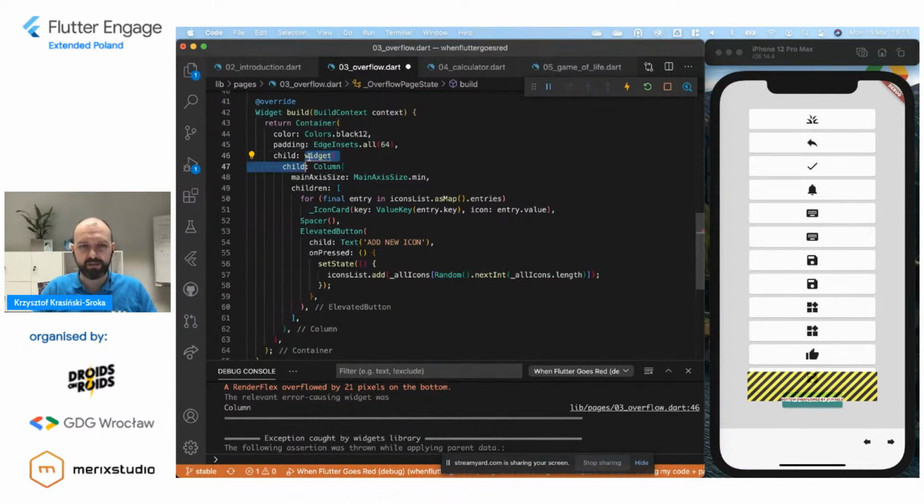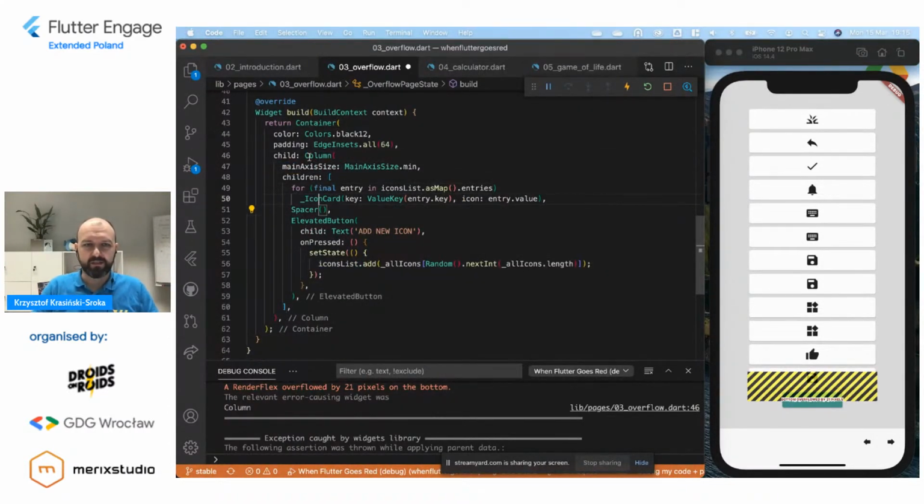So I'll just go back and say, well, what can we do here, right? We can maybe expand the icon card, the spacer, the elevated button, but it's probably this growing list that makes us go back.